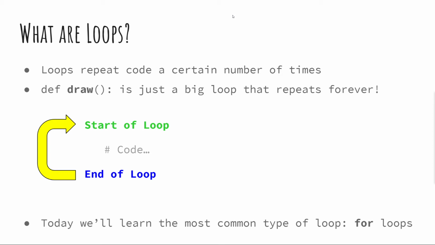Today we're going to be talking about the most common type of loop in this kind of programming, which is a for loop. But it is worth mentioning that draw, the function draw that we define, kind of works like a loop, right? So every time we reach the end of it, we just start over and go again, right? And while things are allowed to change, we just run the same code over and over and over again, right? So that's one kind of loop. The kind of loop that we're talking about right now runs on a specific number of iterations.